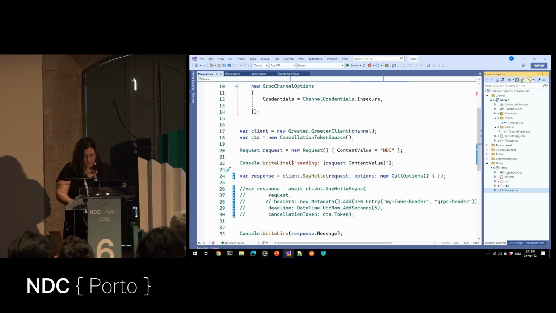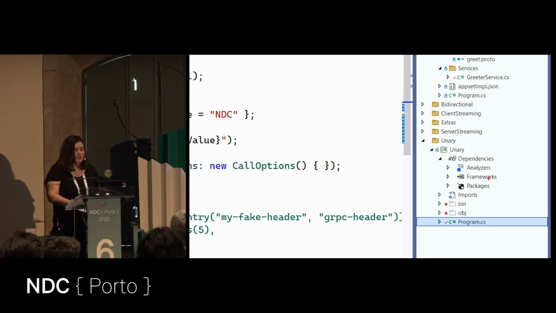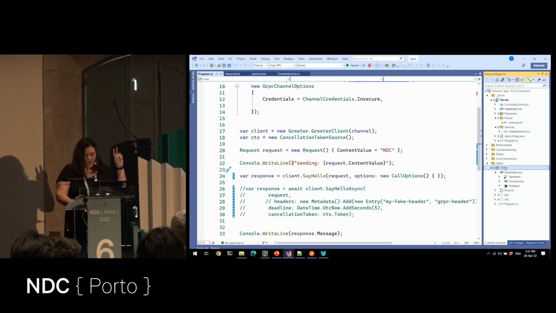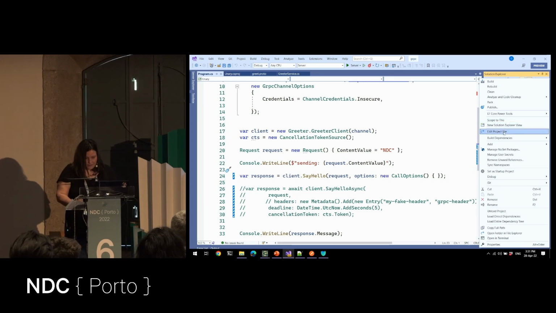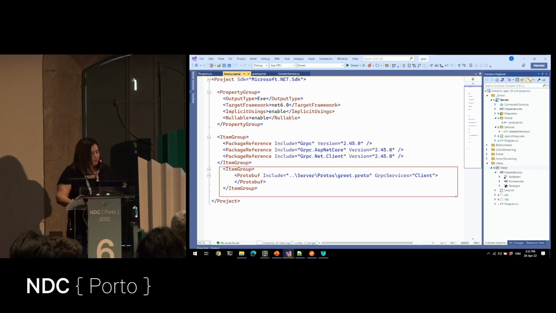On the other side, let's see. I didn't show you, but if I look into the dependency part, I'm going to try to zoom in. I do not have a reference towards the service or towards anything. The only thing that we have here is a reference. By editing the project file, you need to add an item group, where you can specify, hey, include that proto file that you want to use, and gRPC services act like being a client.